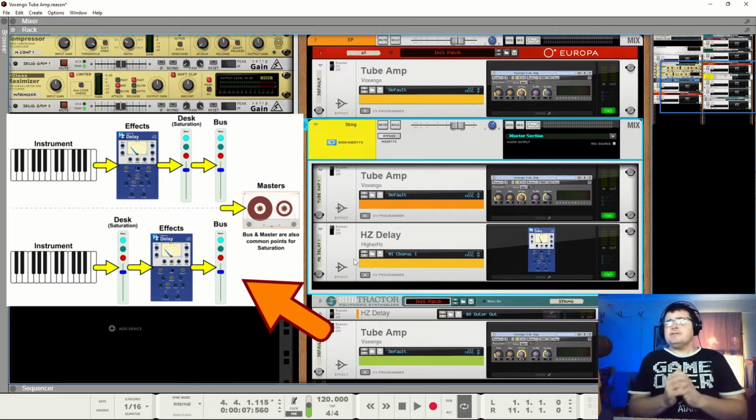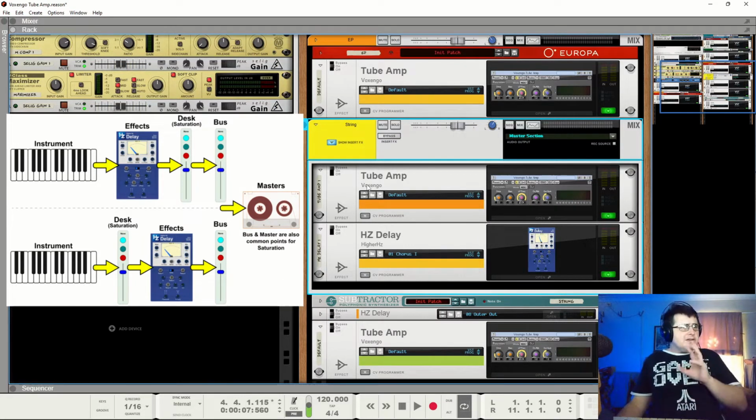If you're using one of those kinds of things, the Pro Tools Reaper kind of approach, then the first device is going to be subtractor, and then that's going to be your tube amp, which is the point at which, remember, we're jacking that into our Neve and the magic occurs. And then you will add your effects. So your effects will be carrying what the saturation has put in and carrying it forward. Either is okay. Choose the one you prefer better.